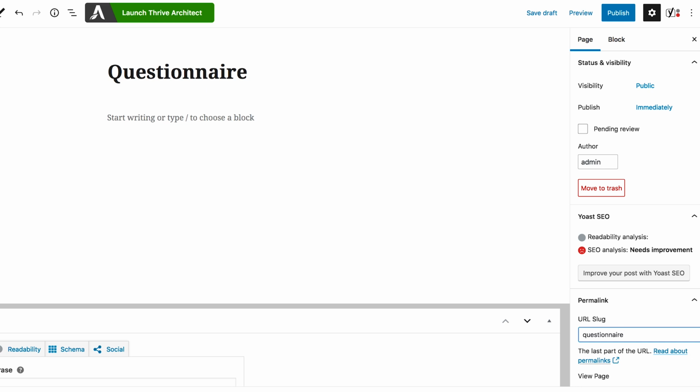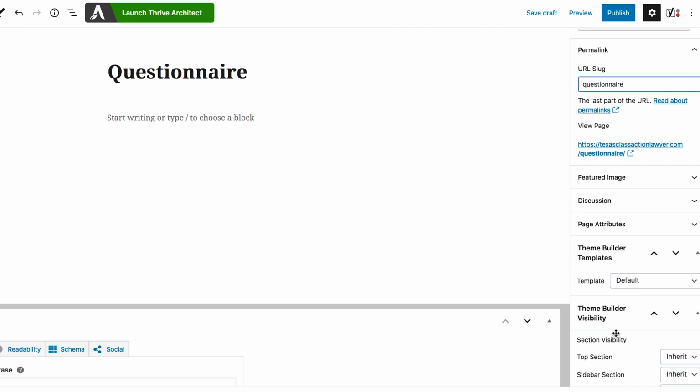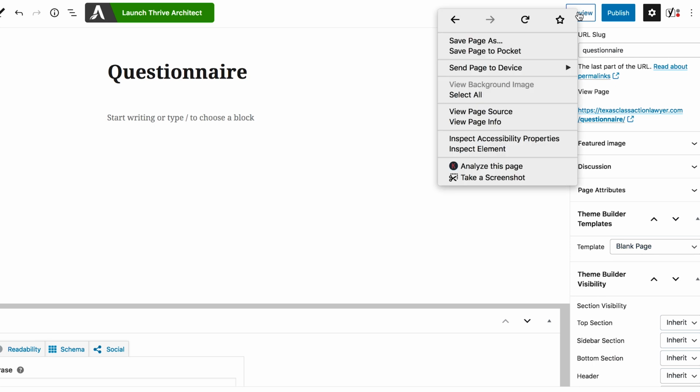And you don't have to have it be the exact same as the title of the page, but if it's a good title, then it's probably a good URL slug. So let's scroll down, make sure everything is good to go here. What I want in this situation is a blank page. And this is something that you're going to have to figure out whether or not you want to kind of force the person's hand a little bit, because a blank page, if we click preview,